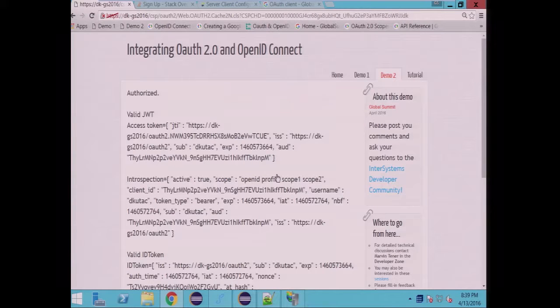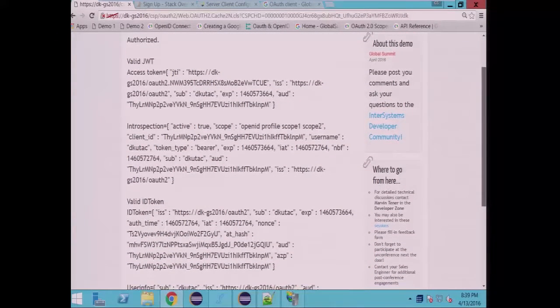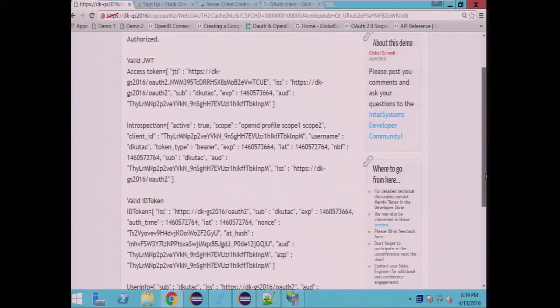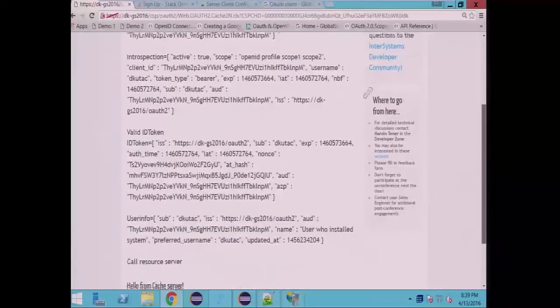And very similar to what we saw already in the first example, we now retrieve the information from, in our case, cache application, which is acting as a resource server. So there's some debugging code, like showing you whether we have valid Java web token. We do some introspection to show you the data. What is interesting here is